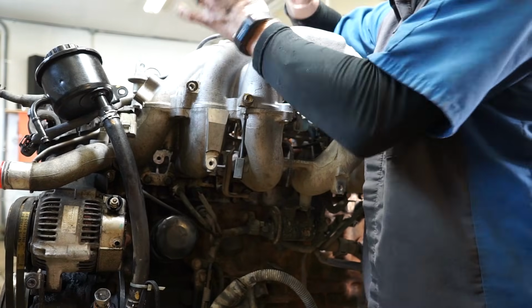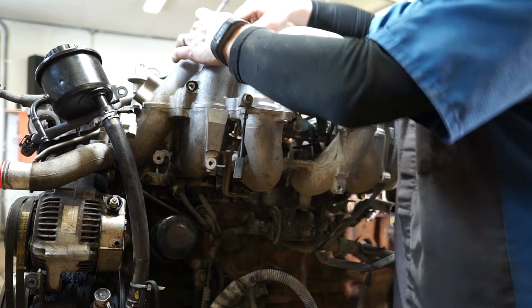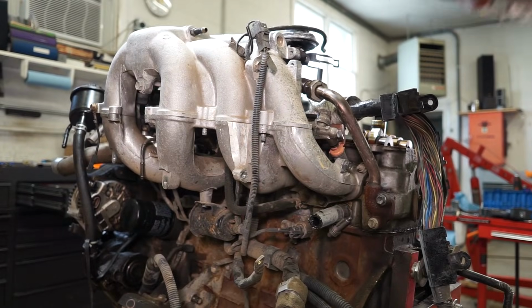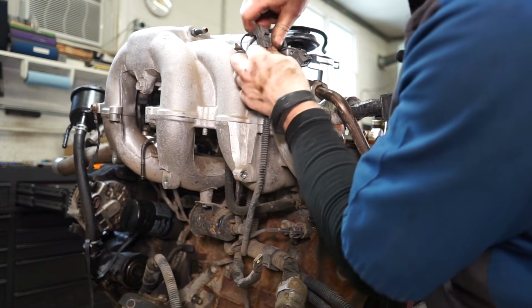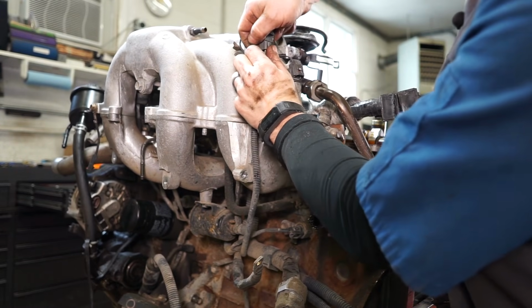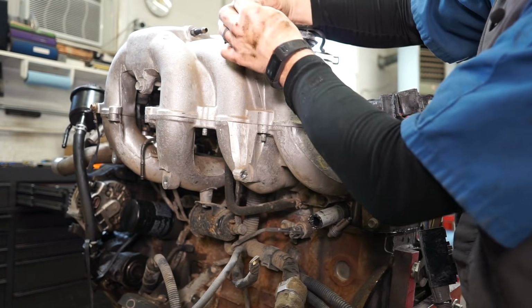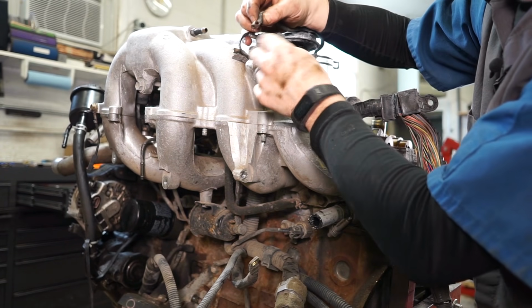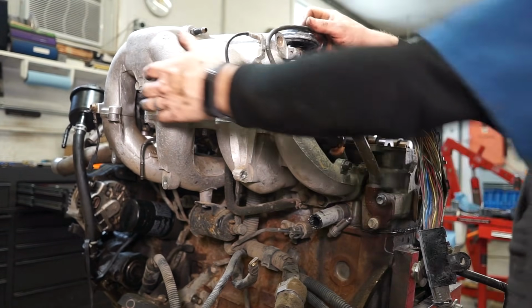we can come up here. We've already undone this long breather hose, so we can just undo the little shorty one here. And then we can come around to the back side here. We're going to undo the EGR temp sensor and pry its wire up off this mount here. I don't know if you guys can see that, but this hose is just melted. That's the EGR hose that feeds the modulator. We can take that off,